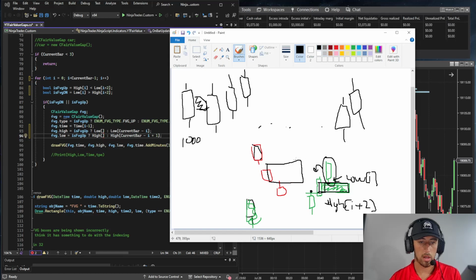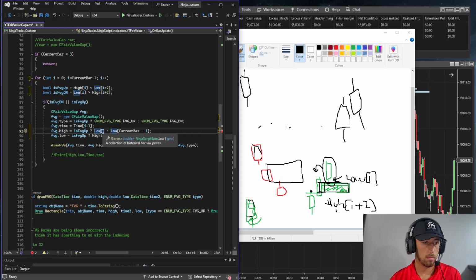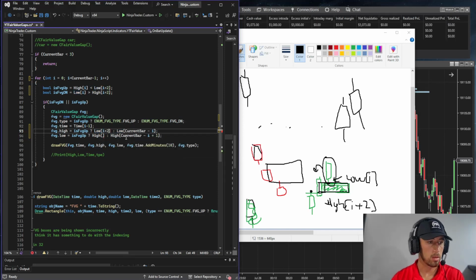So in this case the high of the box is going to be low i plus 2. If not, then if we have an FVG down, then the high of the box is going